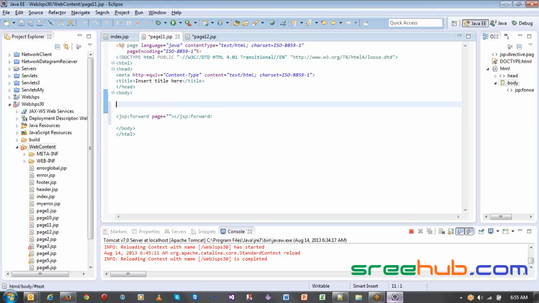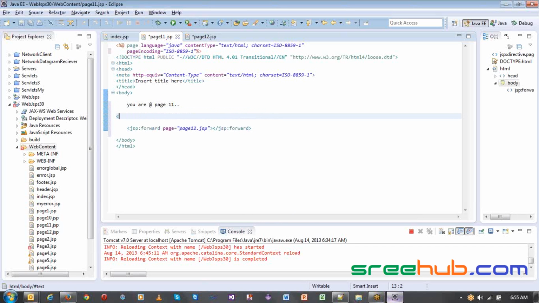So here let me just say you are at page 12. In the page attribute of the tag, let us say page 12.jsp, and this is, I hope, page 11. Now this is a simple way you can get it going. Let me run this page and show you. Now you don't need this index.jsp anyways,